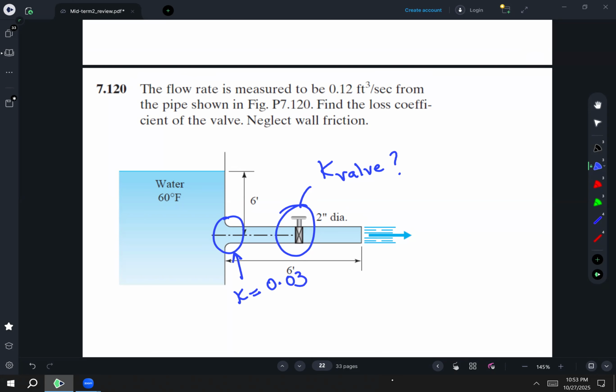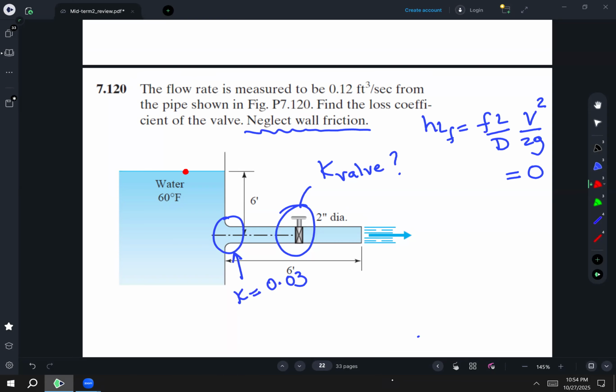Also, it's asking us to neglect wall friction, which means that the friction losses, f L over d times velocity squared divided by 2g, are equal to 0. Okay, so to be able to get K valve, we have to apply the equation of energy between 2 points,